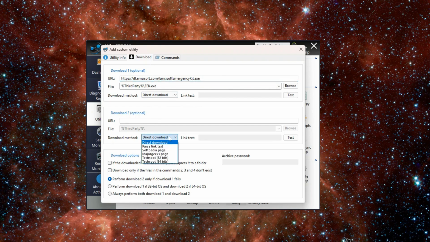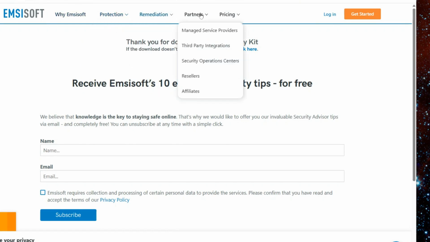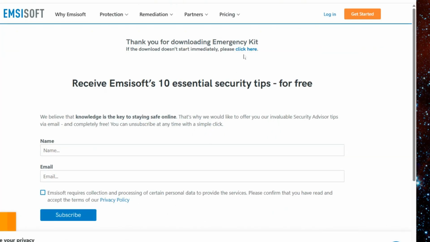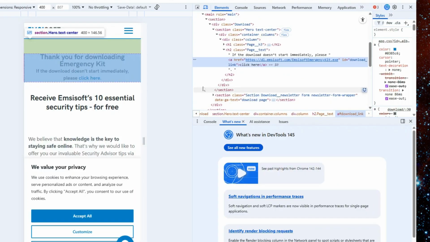Otherwise, for the second method, we could use parse-link text. With the parse-link text method, you put in the URL of the page that contains the link in the URL field, and then in the link text field you enter the text that is displayed in the link. You can get more information about this field